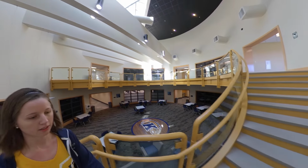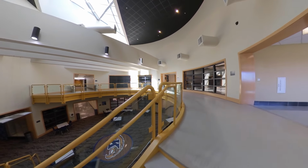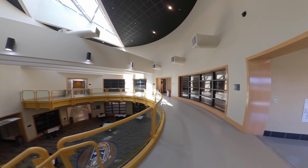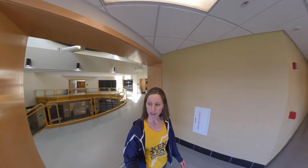This is called the Rotunda. Down below, it's a very popular study area for students in the tech building. To the right, we see another study area. And now we're going to walk over to